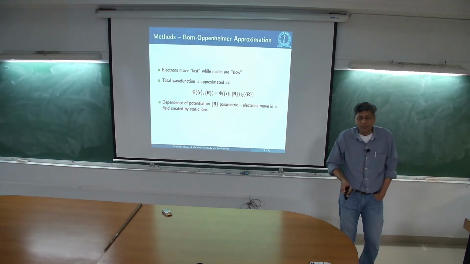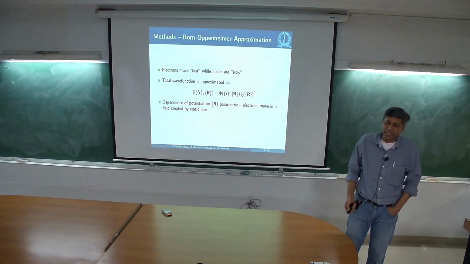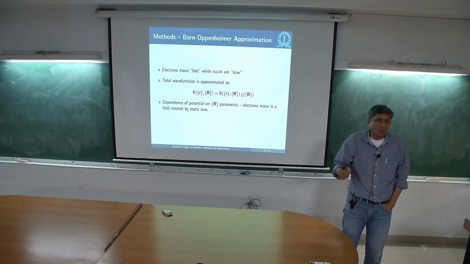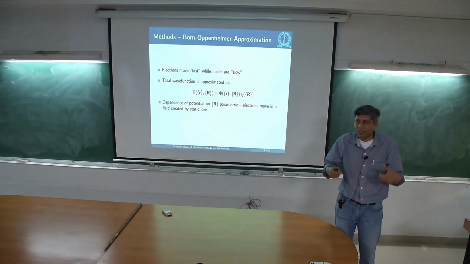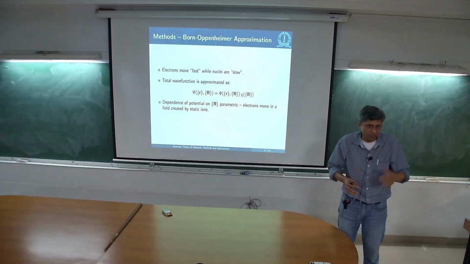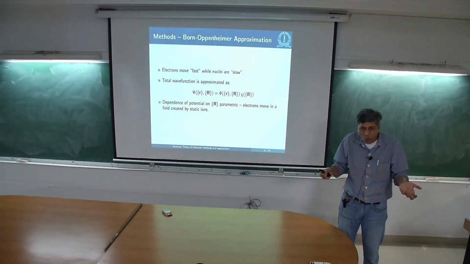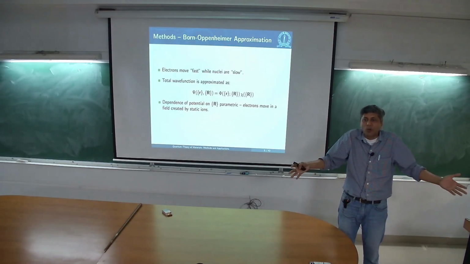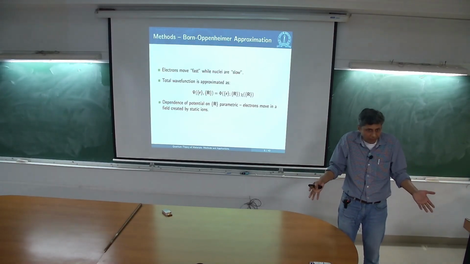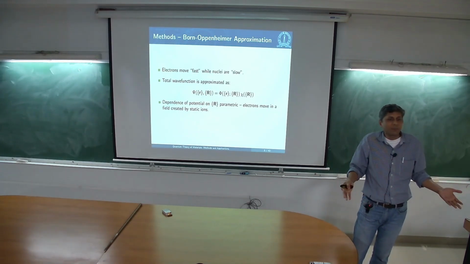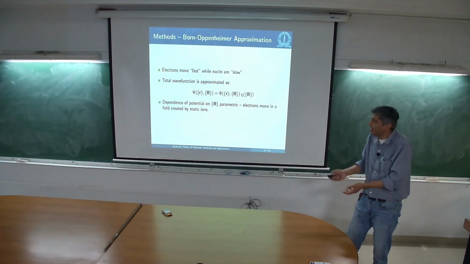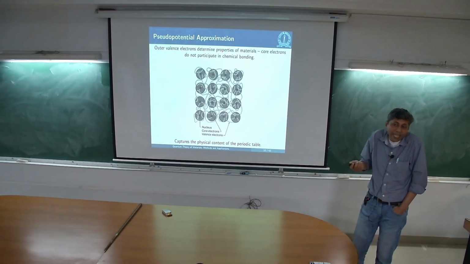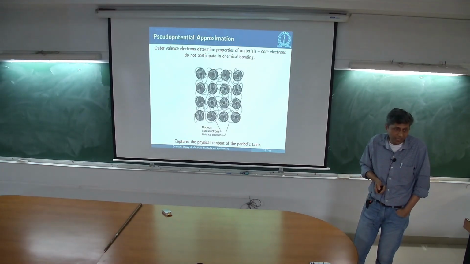You know from elementary chemistry, that this is drilled in right from the get-go, valence electrons are all that matters for determining chemistry. That's not entirely true. There are some cases, if you do XPS experiments or something else where you're actually probing the core electrons, then of course it's a different matter altogether. But in a large part of things that you do, it's only the valence electrons that play an important role in determining the properties of a material. So if valence electrons are the only ones that matter, why exactly are we carrying all the electrons in the calculation? After all, we should be able to remove all the rest of the electrons, and they shouldn't make any difference whatsoever to any of the properties that I calculate.